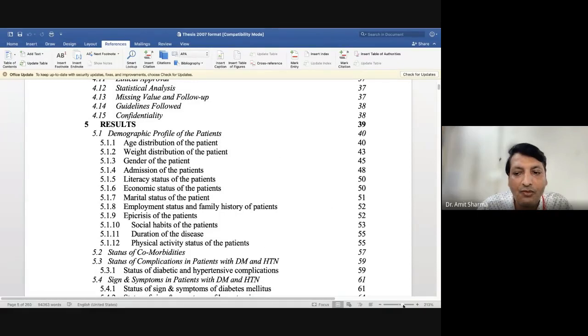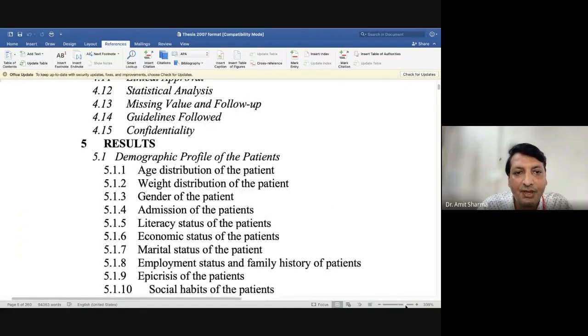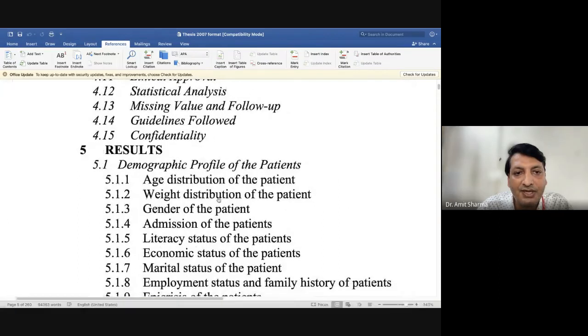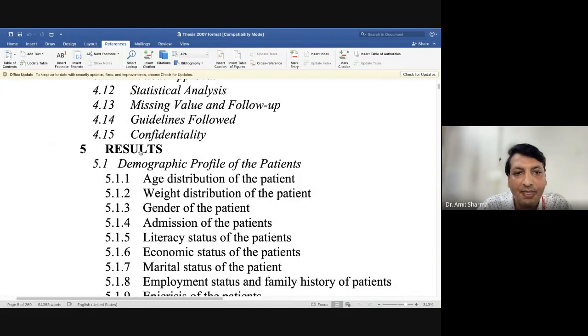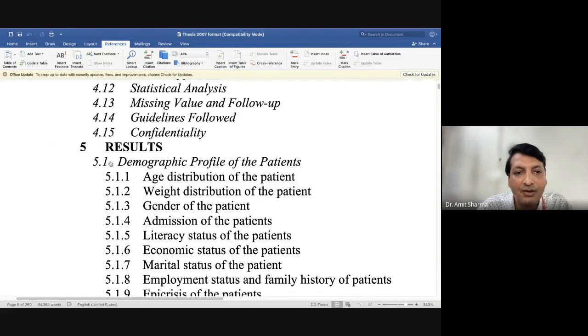Now what is the writing style? The chapter heading 5 is in all caps, and when I write anything with 2 digits, 5.1, it is called sentence case, meaning the D of demographic, the P of profile, and the P of patient are capital.